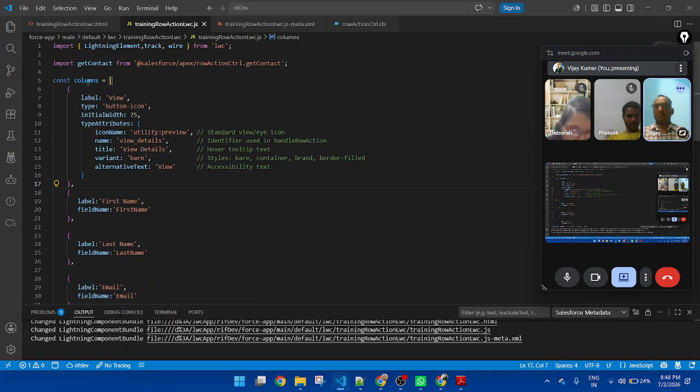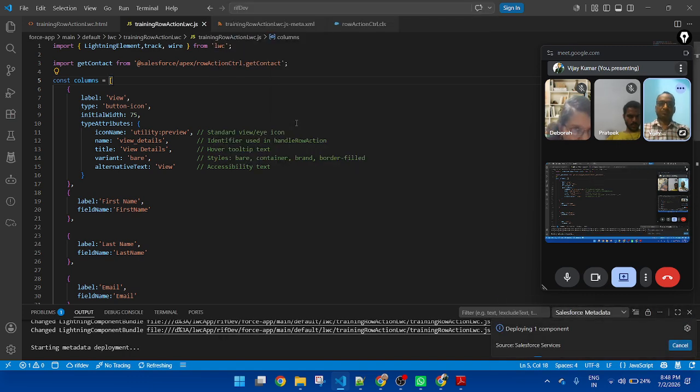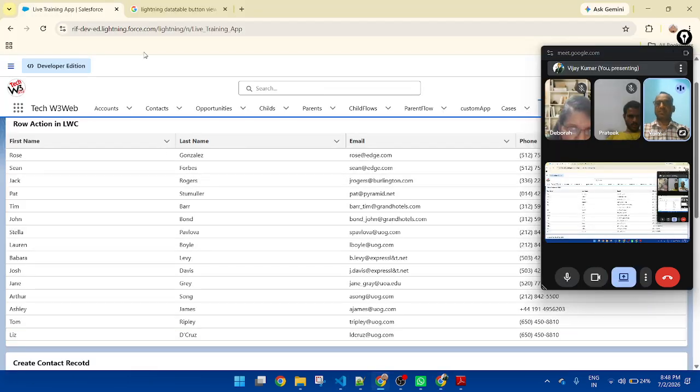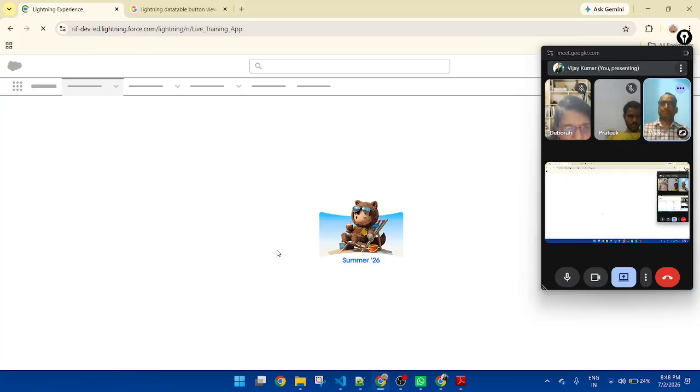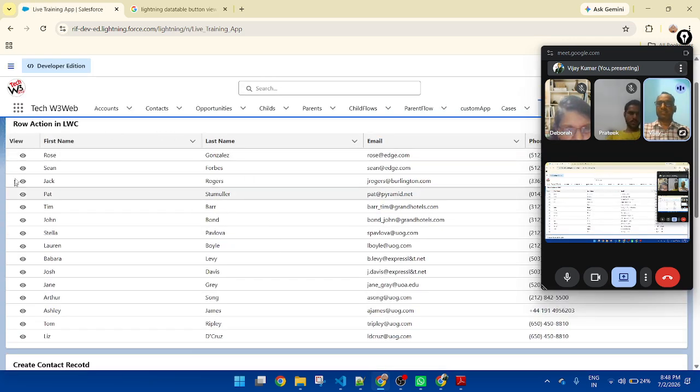I want to display it in the first row, in the first column. Now save and deploy the code. Okay, deployed successfully. Now let's refresh. You can see my button display.